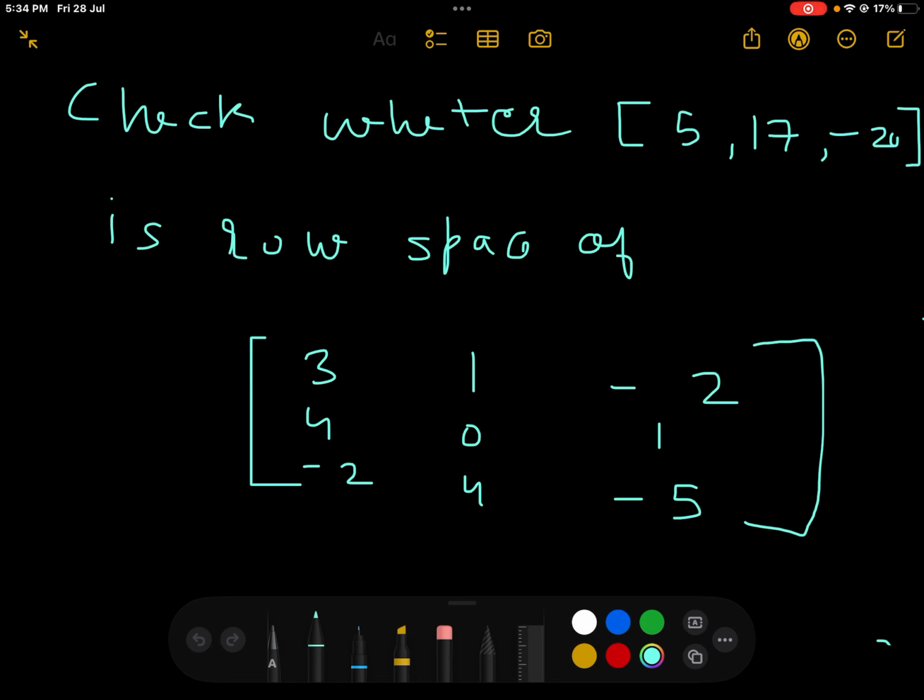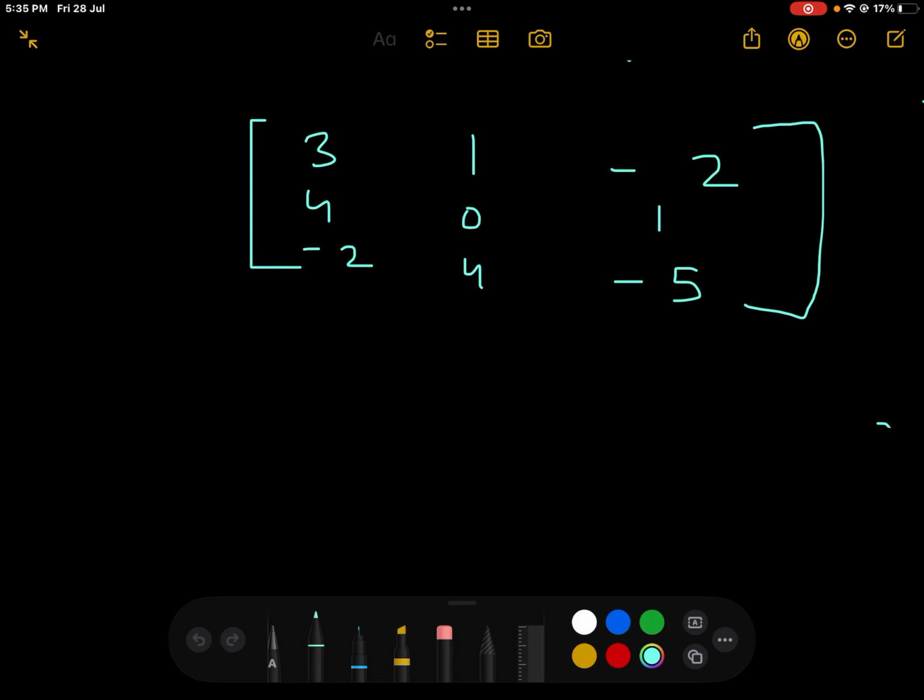So today in this video we are going to discuss a question based on row space, a topic from linear algebra. In this question we need to check whether the given vector 5 17 minus 20 is in the row space of the given matrix. In order to check for row space, first of all we need to write the rows of the matrix in the form of a linear combination for the given vector. So if I write this, solution,